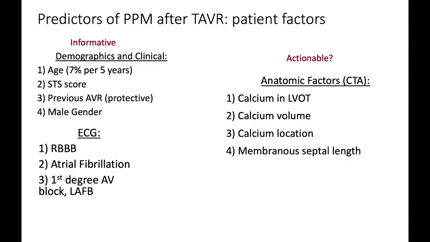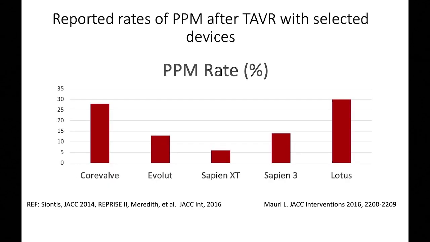So, pacemakers are slightly higher with self-expanding valves, but that has come down with something we now use called the cusp overlap view, and we place the valves much higher. I think in the next room there is a demo where you can actually implant the valves in a model, and then you can see how high you need to implant. And there are several risk factors for why you need pacemakers. Nowadays, when we see a bundle branch block and a first degree AV block, we send the patient for EP evaluation right away, and they get the